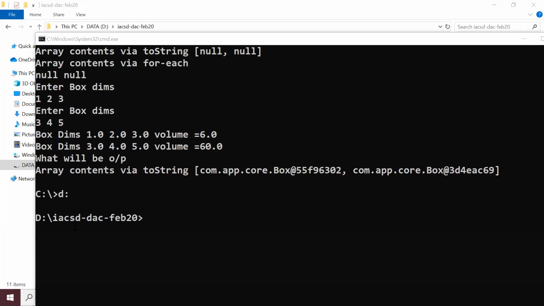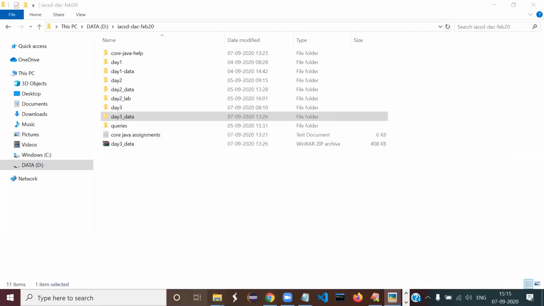Someone is still having a little trouble. Set class path, no? You have to exit from the current command prompt and open a new command prompt. I said that. Open the new command prompt and you should see this. The current command prompt will not show you the class path. Then it has to work. Otherwise your environment variable is not set. You open it once again and set it.